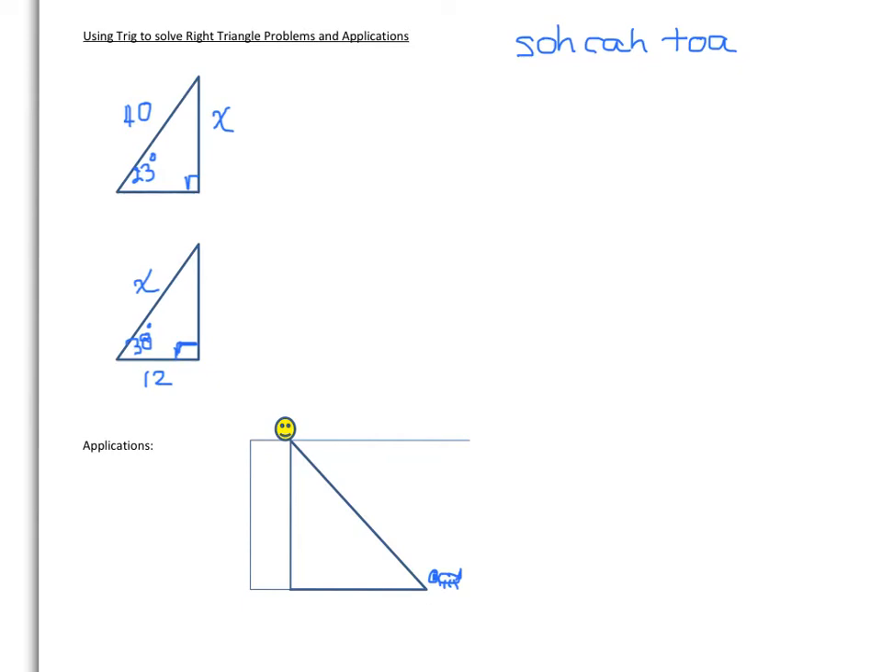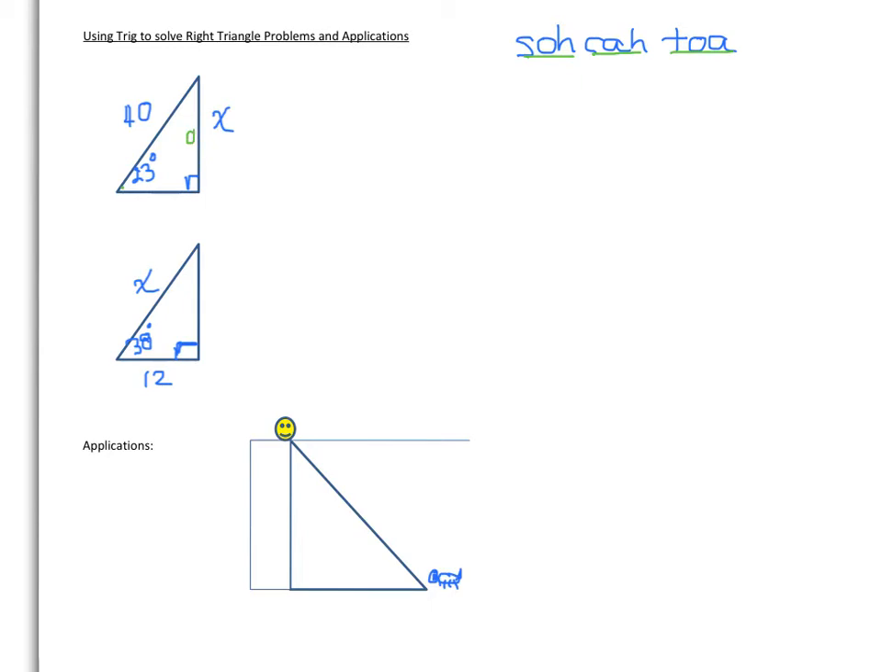Okay, guys, so when you're solving a right triangle problem, you have to identify what the given information is based on the sides of your triangle and relate that to one of your trig ratios. So you have sine is opposite over hypotenuse, cosine is adjacent over hypotenuse, and tangent is opposite over adjacent. So in this first triangle, if I were to put my relationship, so 23 is the given angle,